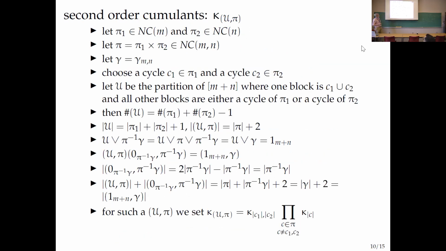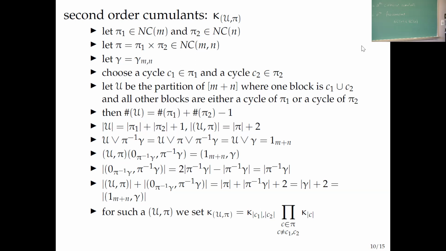Okay, this has got a lot on it. So let's take a non-crossing partition on one circle with m elements, and a non-crossing partition on another circle with n elements. And okay, I meant to say NC(m) cross NC(n). Sorry about that, that's some late night typing, and yeah, that's what I meant to say.